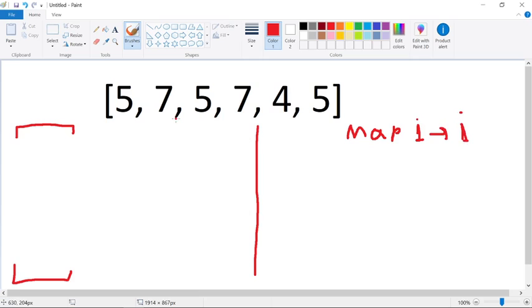Okay, let's go. Simulate the process in the vector. The first 5 has frequency 1, the first 7 frequency 1, the second 5 frequency 2, the second 7 frequency 2, the first 4 frequency 1, the third 5 frequency 3. Okay, after pushing all elements,